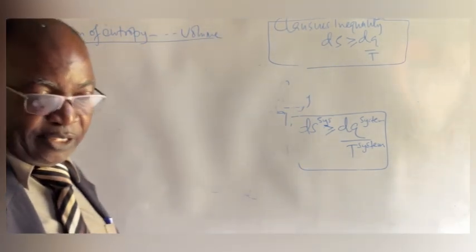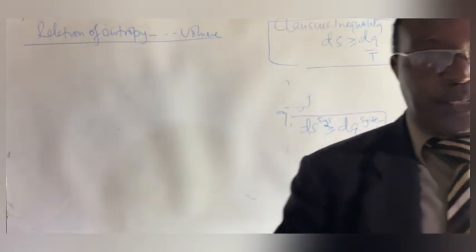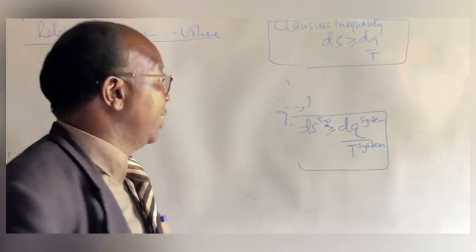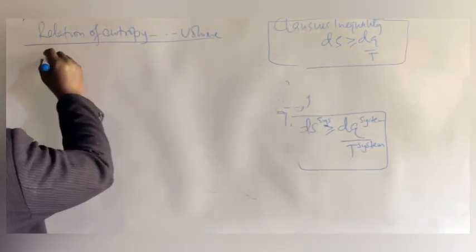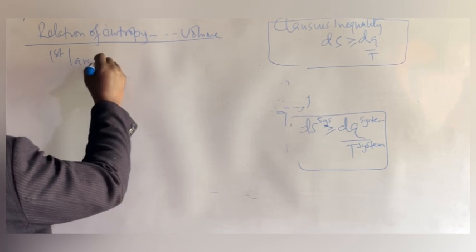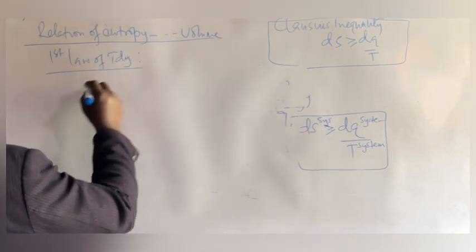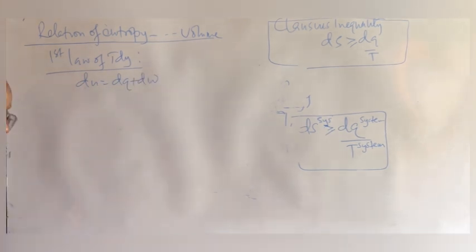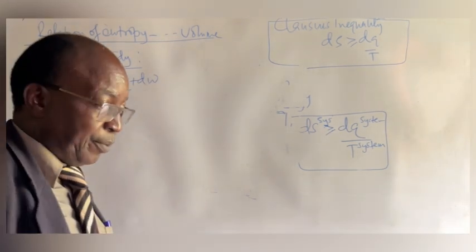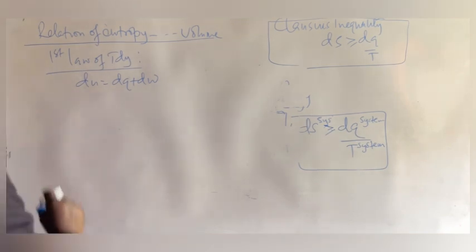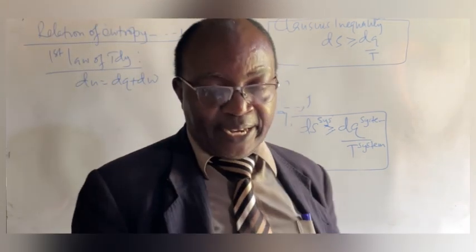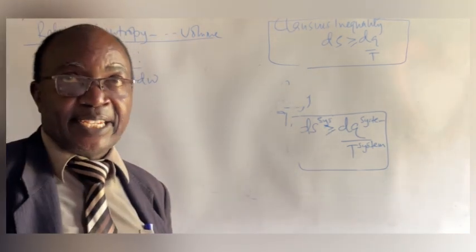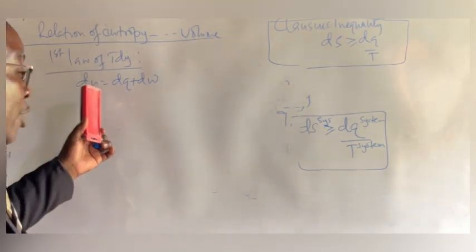We go back to the first law of thermodynamics, where we are going to use the non-flow first law of thermodynamics. That is dU = dQ + dW. Now, if we are dealing with a perfect system, that is a system obeying the ideal gas equation of state, and we are assuming it is isothermal, then remember that dU will be 0.